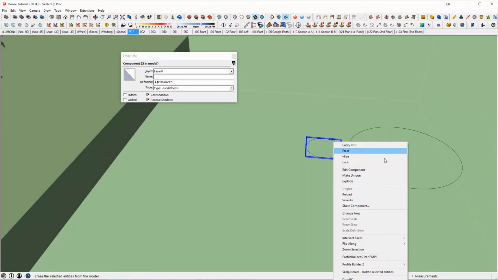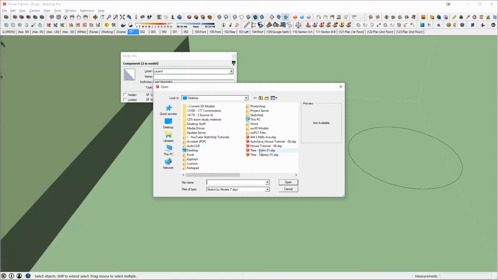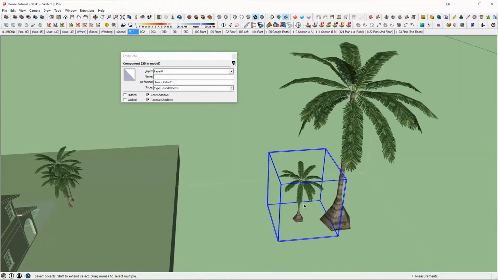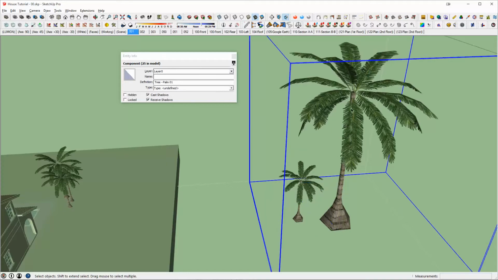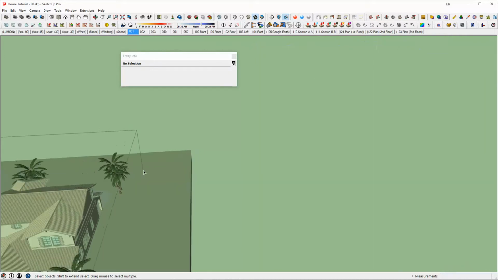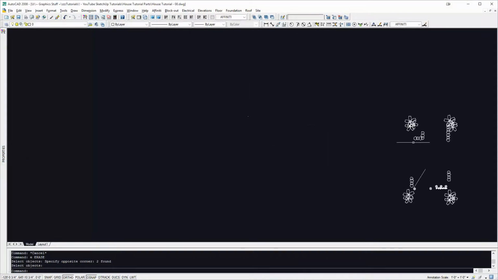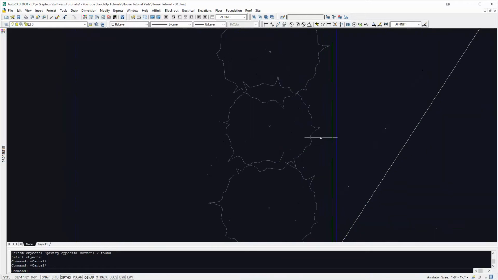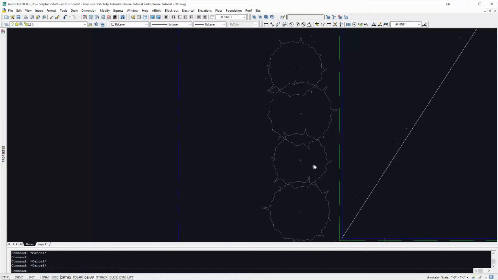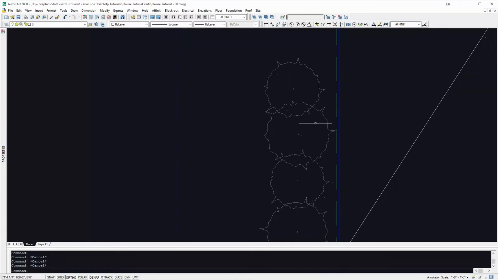Now, if I take this and reload it with that same palm tree, you'll see I have that exact same block, but this one is scaled 3 times the size of this one. Now, that scale difference is something far more than we would ever deal with, but if you look closely back here in my AutoCAD file for this bush, for example, what I have done is when I copied this block up, I scaled it by, say, 0.95 or 0.9 or 1.05, just a little difference between them,